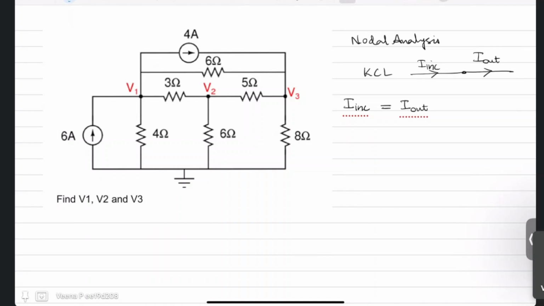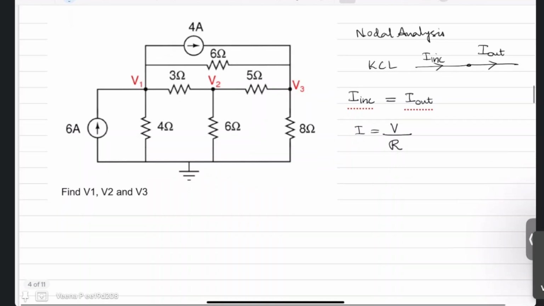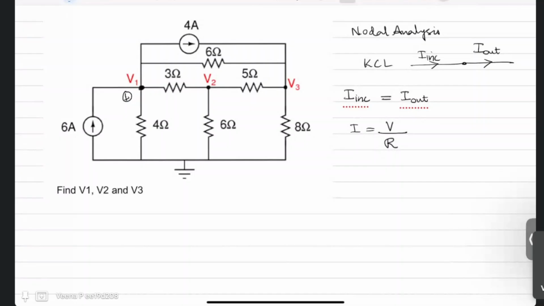And also we know that current is nothing but voltage divided by resistance, for a resistive network. So if you know these two, we can go directly to nodal analysis. So now you can directly write the nodal analysis. Let us consider node 1, which is V1. So this is your node 1. Now the incoming current is 6 ampere. Outgoing currents, you can assume that all the other currents are outgoing. Anyway, you already have your 4 ampere and another current here, another current here, and the current here. I am naming these currents as I1, I2, and I3.